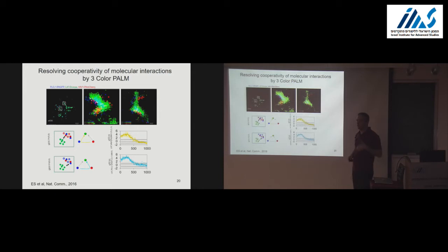start asking questions about cooperativity in these complexes. So you can ask, well, we know how to understand the interaction between red and green by the bivariate correlation function, only now we can ask how the presence or the proximity of blue proteins affect this interaction. And what you see here is a measure of cooperativity. So you see that all of these molecules kind of co-cluster and participate in these complexes. However, there's a lot of cooperativity within. So with this,